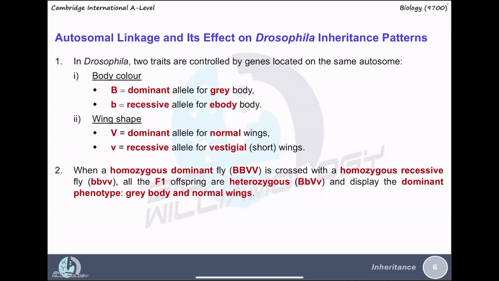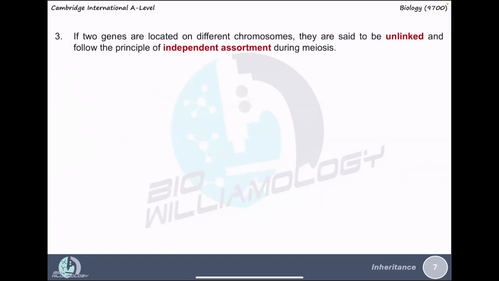Due to the presence of the dominant allele B, they are gray body, and with the dominant allele V, all these F1 offspring have normal wings. If two genes, assuming the genes coding for body color and wing, are located on different chromosomes, they are said to be unlinked, which is not true in this context. But imagine that these two genes are located on two different chromosomes. They are unlinked. Because they are unlinked, we have to follow the principle of independent assortment during meiosis, particularly